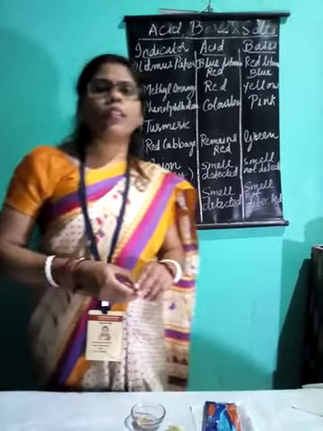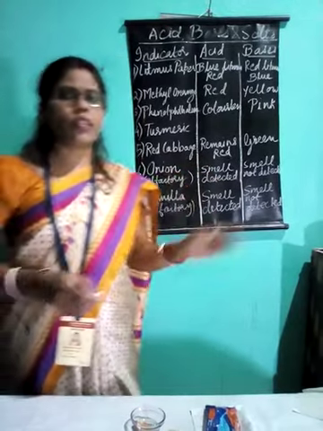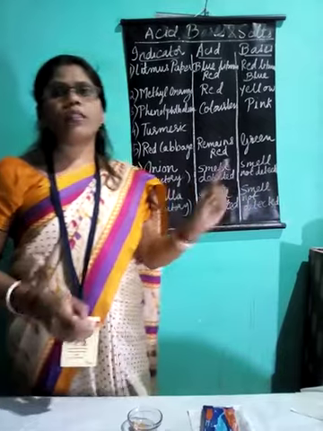But before we start our next chapter, in the previous class, that is class 9, you had studied something about matter. Now, what is matter? Matter is something which occupies space and has mass. It was classified into elements, mixture, and compound. Elements are further classified as metals, non-metals, and metalloids. Mixtures were classified as heterogeneous mixture and homogeneous mixture. Compounds, on the basis of their chemical properties, are classified as acids, bases, and salts.